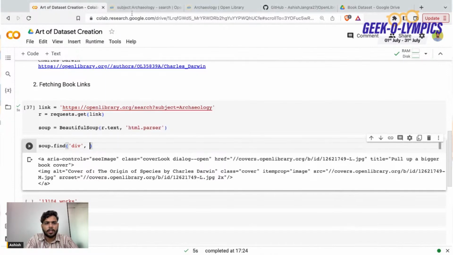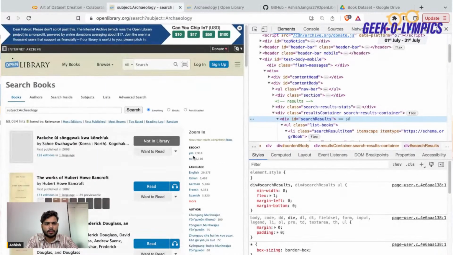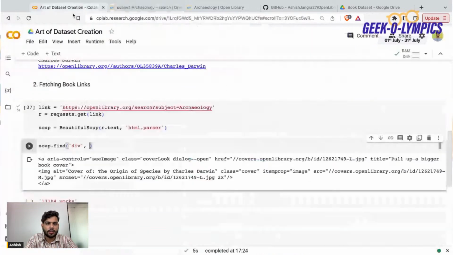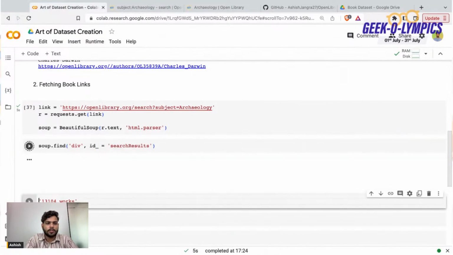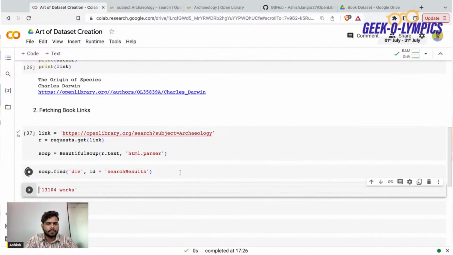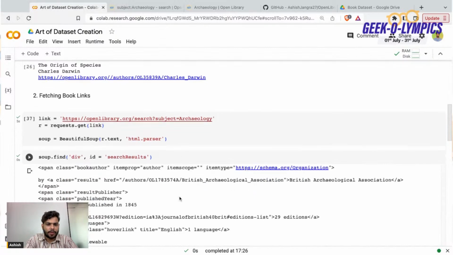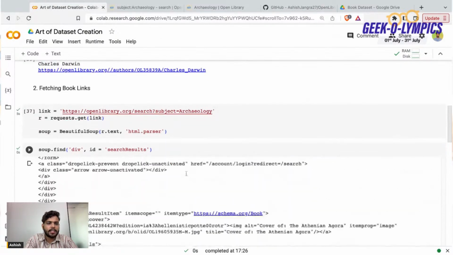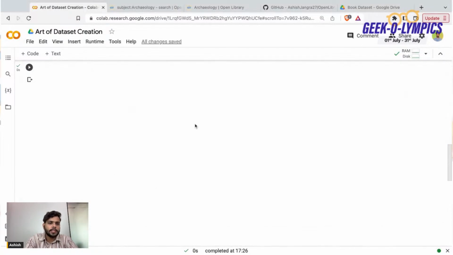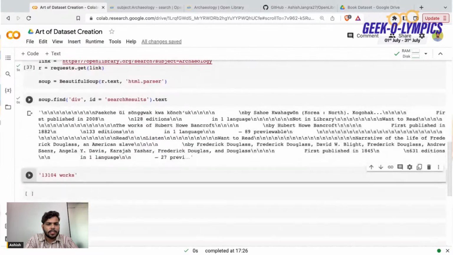With the search id, the id is search result. So what I'll do is id underscore equals search result. Okay, I think it should be id. If I'm executing it, here you can see this is the data that I'm getting of search result. If I'm just writing dot text, just to see what data I'm getting,